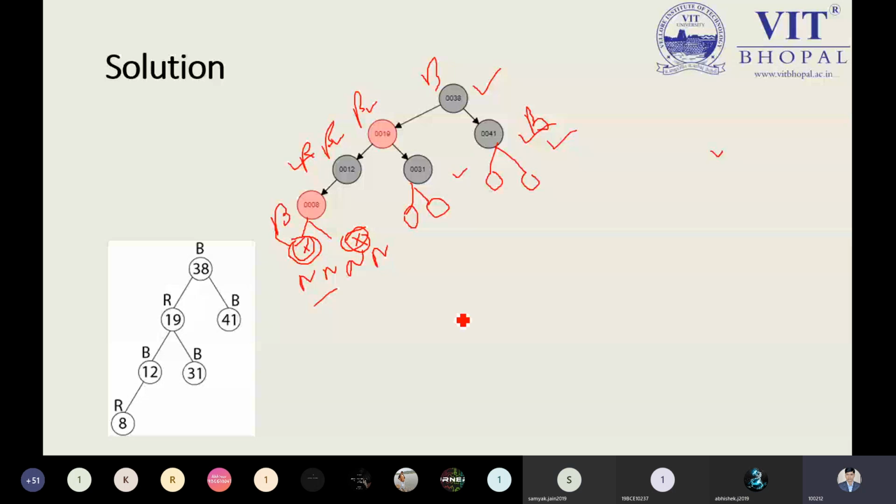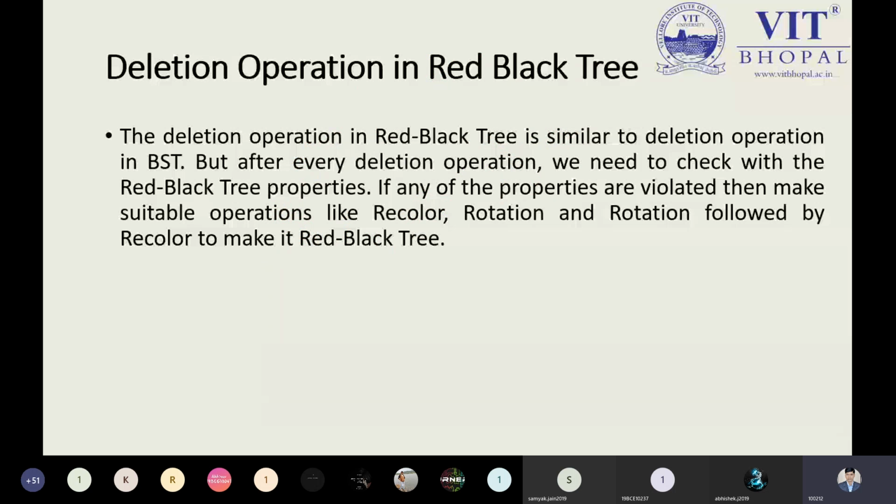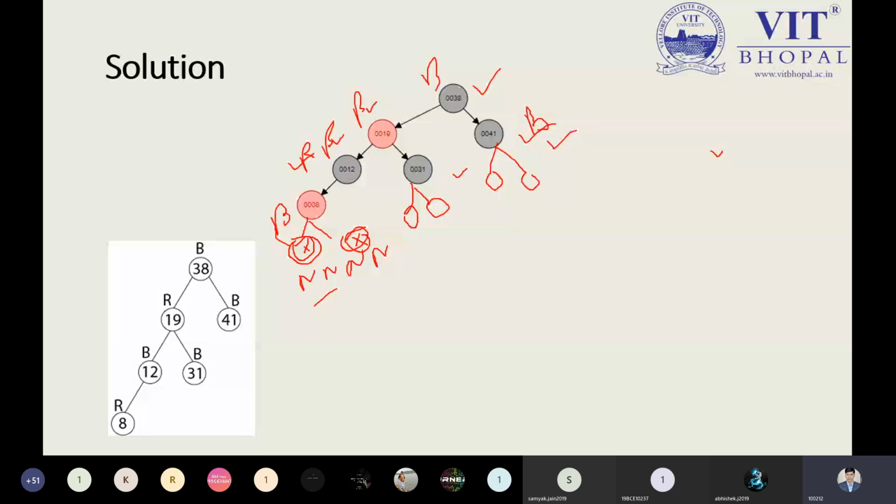Okay, thank you. The deletion operation in the red black tree will be like the deletion in a BST. Suppose I am deleting the 12 over here. Then I need to adjust again where 8 should come. If I'm removing the 19, then I need to manage all the properties of the binary tree as well, and I need to rotate and re-rotate, seeing each and everything like the deletion in a BST. So deletion is not the important issue. The issue is to understand the algorithm for insertion and creating. So while creating